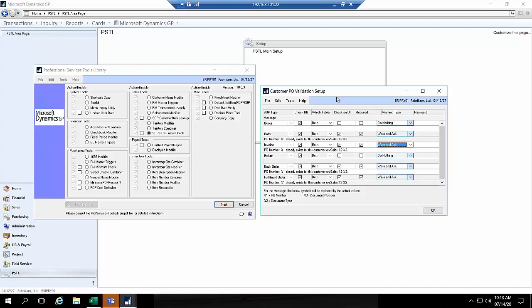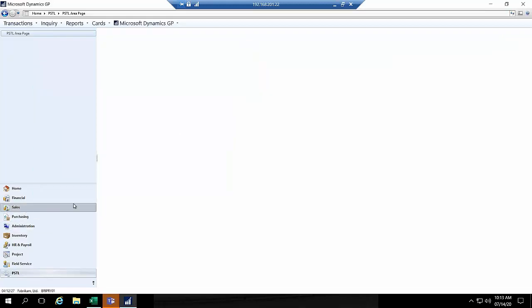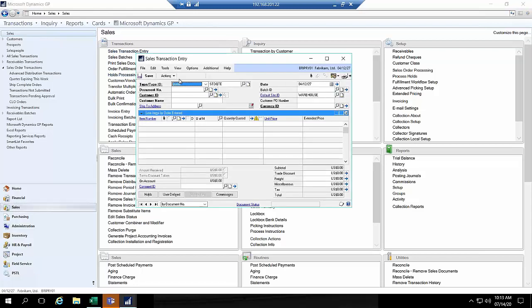Okay. One of the other cool tricks that we did cover in our previous one, but it is a great one to mention, is the SOP customer item lookup. Okay. This basically allows me that upon entry of an invoice, I can look up every other time they may have purchased this item, okay, just to make us real fun. Okay, so since we're talking about easy ways to get ourselves in sales transactions and how to enter that in there,